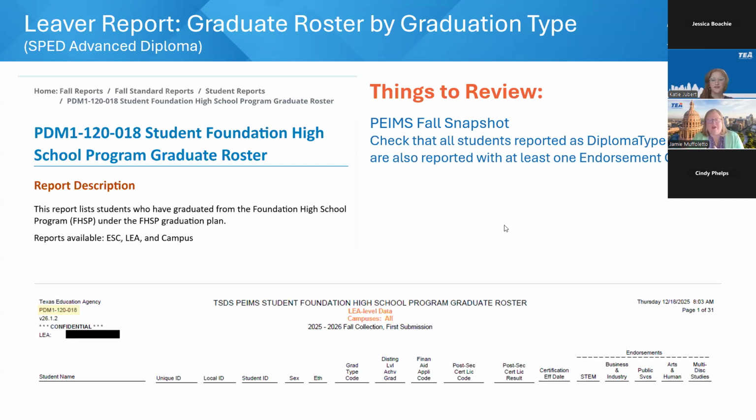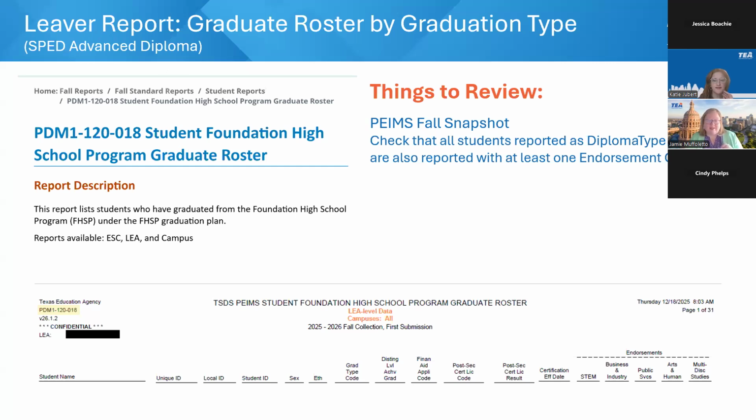You will see some columns for post-secondary certification on there. But honestly, I kind of ignore those, because in a couple slides, I'm going to show you a report that's all about those post-secondary certifications. It's important to look at it, see that you have these things listed, but I like to get into the actual report